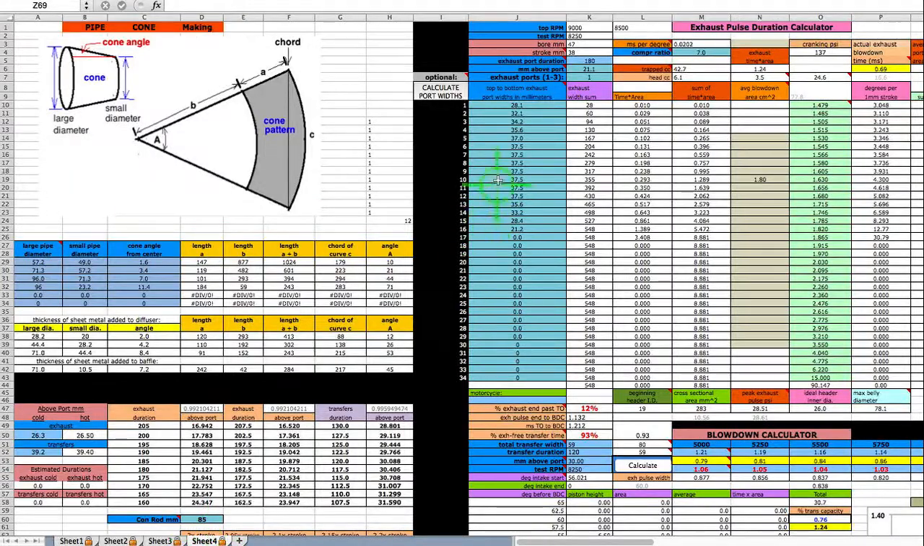On sheet 4, right here is the data for the widths of the exhaust port from the top to the bottom. Every 1 millimeter down, what is the width? And right now I'm going to get started on that, and I'm going to pause the video to do it. Okay, I just finished entering these numbers right here,